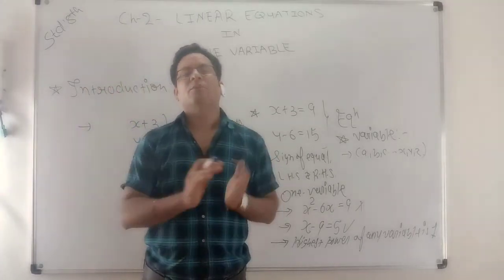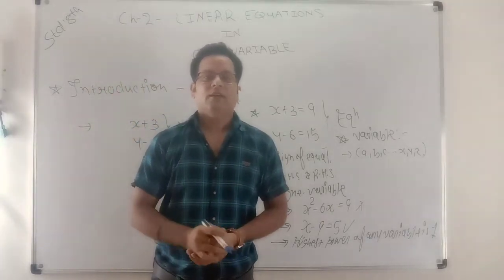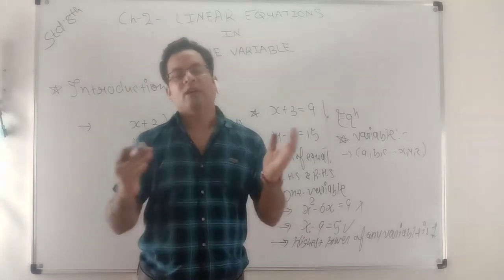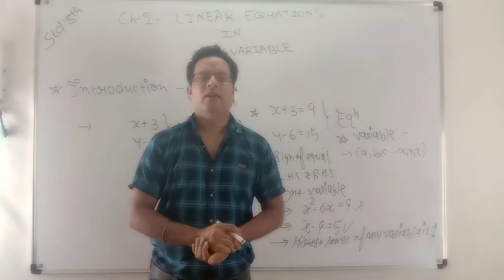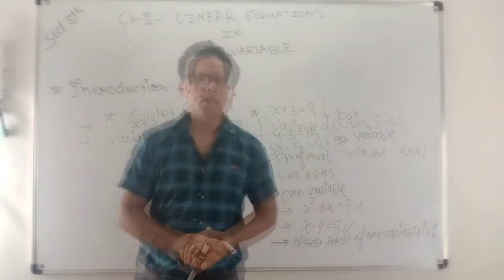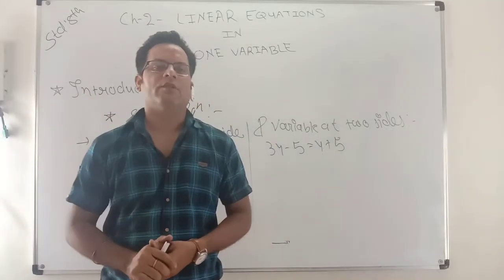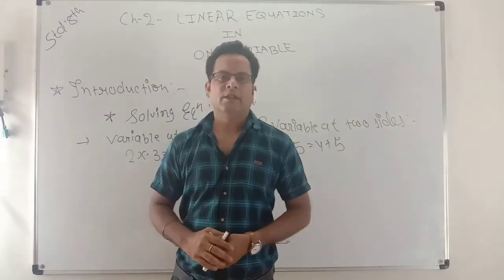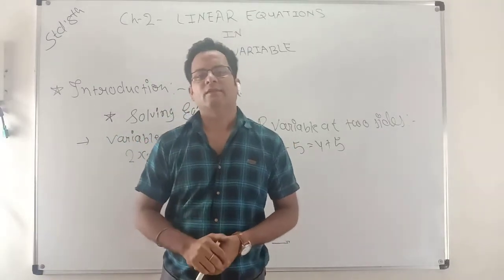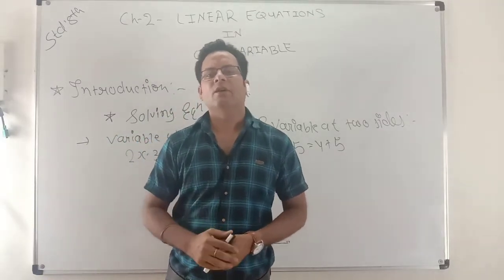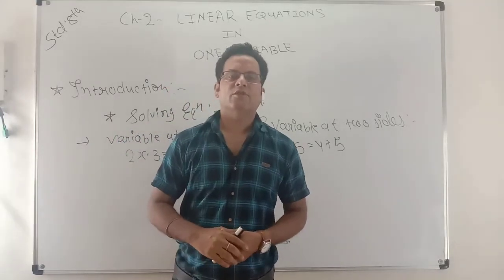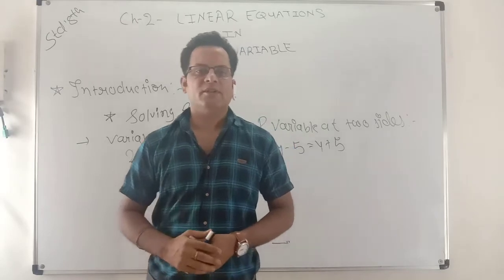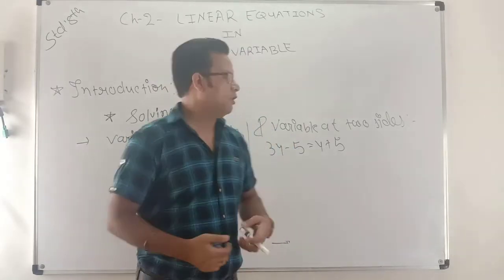Now, the variable should not be only on one side. There can be a variable on one side and variables on both sides. How they come and how to solve the sum, that I am going to explain. Now let's see how to solve the equation. Remember that the variable can be on both sides. One variable does not mean that the variable has to be on one side only. So through these two examples we will try to understand. Just take a look.